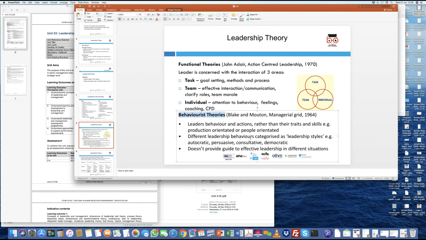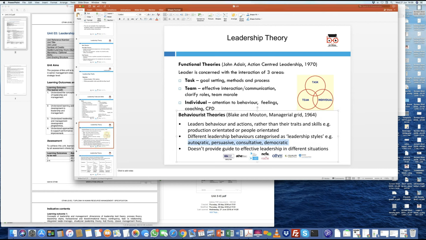Now here, what essentially are 3 points that we have to summarize, they look at is that leaders behave in a certain way and they exhibit certain skills and traits. And that is what made them something called production-oriented or people-oriented. Now, there were leaders which behaved in a certain type of way, and they were categorized as having to show leadership styles. And this is something that we've heard about quite a lot, that sometimes you see what style of leadership you have. You have an autocratic style, a persuasive democratic style, you have a consultative style. There are some different names, sometimes you call them. So autocratic, you have laissez-faire, which is more or less consultative, persuasive, and democratic.